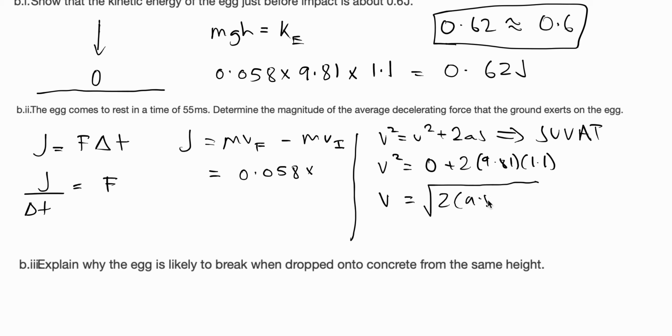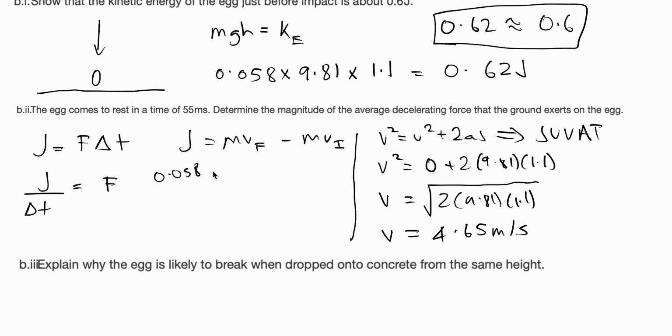2 times 9.81 times 1.1, v is equal to, let's put this in a calculator, 2 times 9.81 times 1.1, v is equal to 4.65 meters per second, and that's the final vertical velocity just as it's about to hit the ground, right? So we can say, let's just make more space for this,